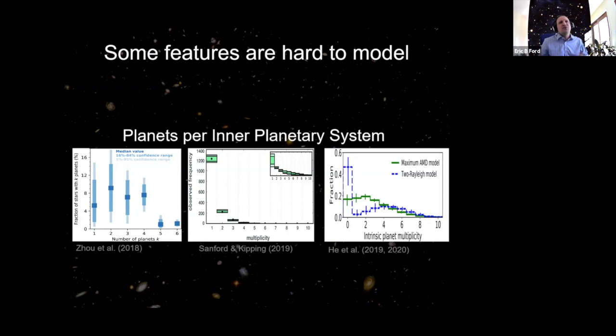Here I just picked 4 studies and show 4 histograms for the inference for the number of planets per interplanetary system. And what you see here is that there's quite a lot of variability. And even if you pick our own one to the right here, you can see that with 2 different models, we get 2 different results. And so that tells you that it's not just different authors doing something different. There really is something in the model that needs to be resolved here.